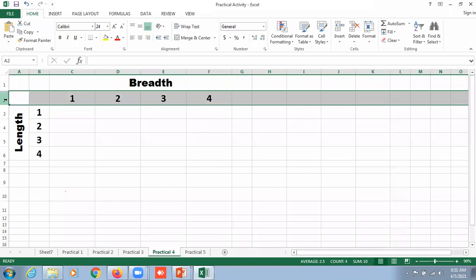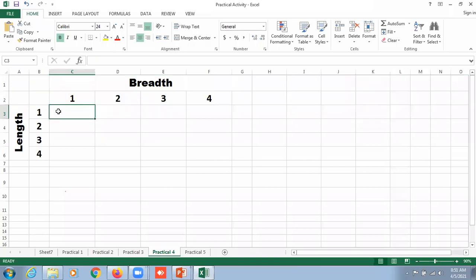So what I want is to make column B absolute. Absolute means the address is not supposed to change here. So we insert a dollar symbol and then B. What is the address? I have mentioned here B3. If this is the confusing part, click here, type equal to, click here, and then insert a dollar symbol here.